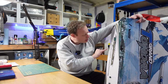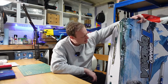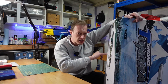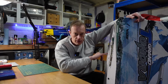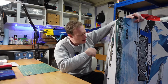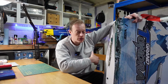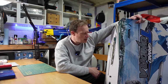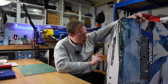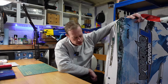And of course it's a nice big model, so it should have a fair bit of presence in the air. The 2 props you get are a 17x8 for 4S and a 16x8 for 6S, because the 6S prop is slightly smaller since you put more voltage through it. That's the thing with these batteries, you have to work out the right amp draw based on the size of the battery and what size prop and all that sort of stuff. You don't have to worry about that with IC so much, but if you run a 17-inch by 8-inch with 6S, you'll probably end up blowing either the speed controller or the motor,